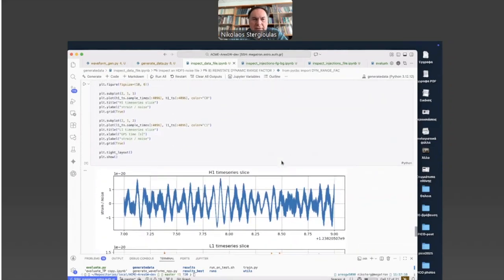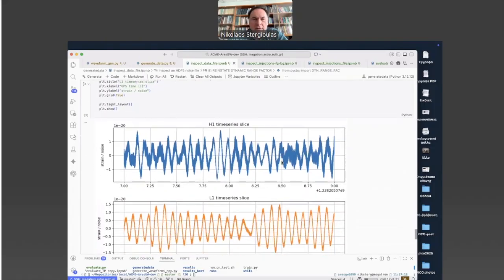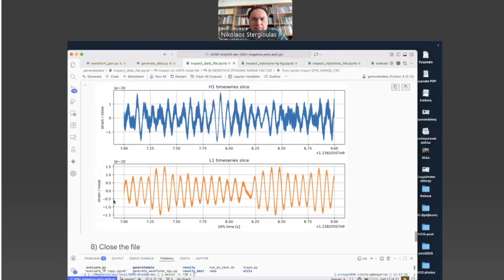If we now take only the first 2 seconds from the first data set, this is what we get. This is now far from a large glitch, and so the strain is of order 10 to the minus 20. This looks like nice oscillations, but obviously these are just noise created for different reasons in the experiment.